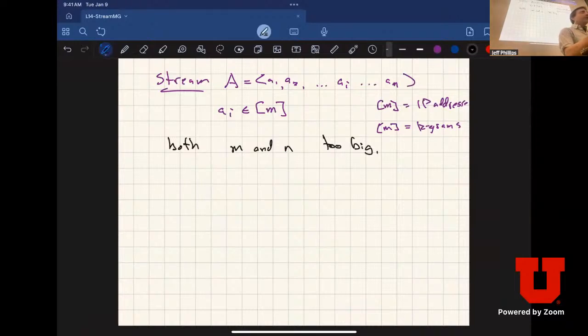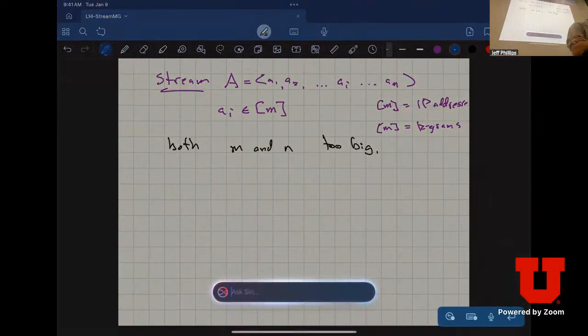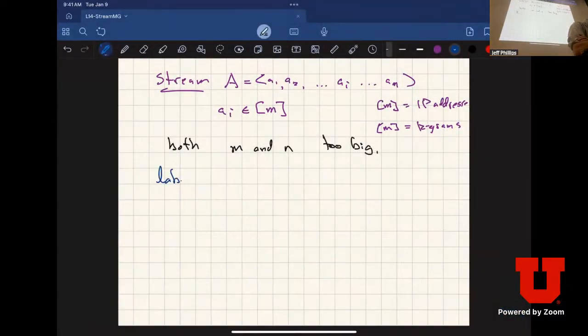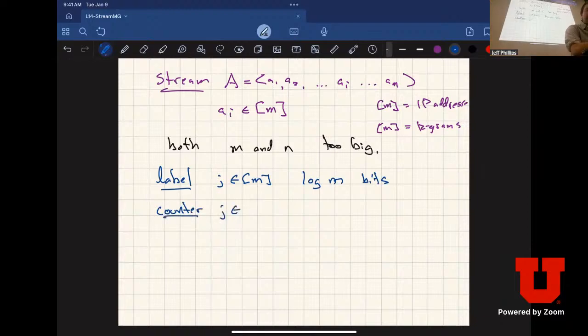Okay, so what I can store is going to be, there are things that I can store. I can basically store a label, J in the set M, right? This would be like one IP address, and the label is log of M bits. Okay, I can't store M things, but I can store log of M things, and I can represent it with log of M bits, and I can have a counter,